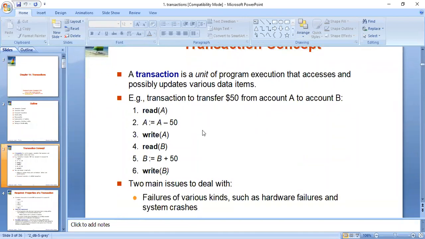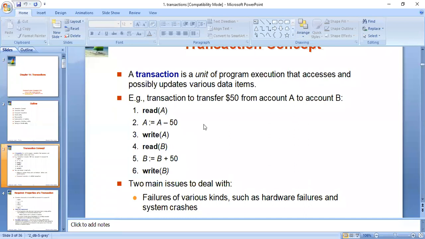So here, suppose I have opened account A, subtracted rupees 50 from account A, and saved. Then assume power has gone. Then rupees 50 will be subtracted from account A, but it is not added to account B. The money is not added to the destination account, that is account B, but it is subtracted from account A, that is the source account. So this is a drawback. If this situation occurs, then the database will become inconsistent.